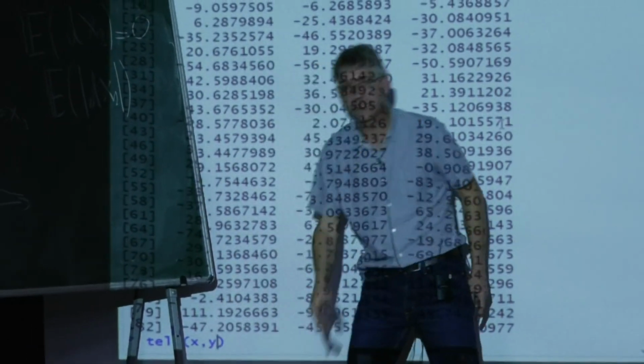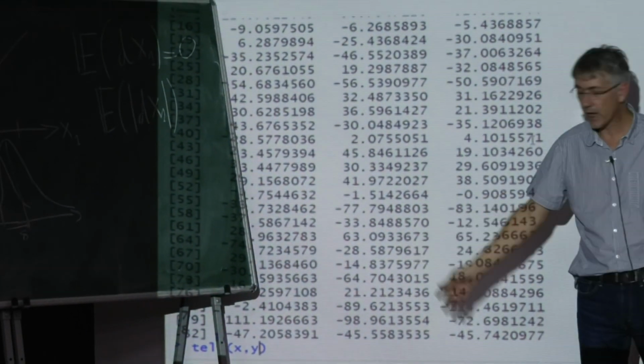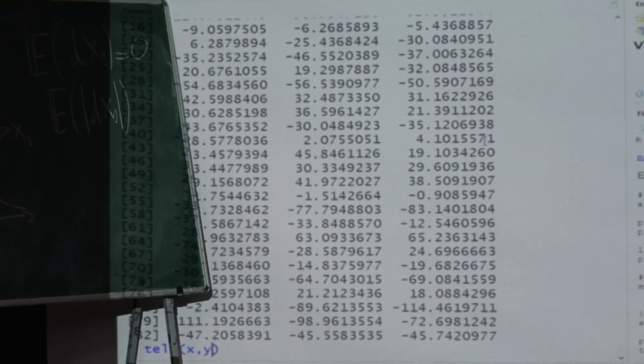And now there is the tell mechanism that I just wanted to explain because it's very powerful. The tell mechanism tells the object what happened. Do you see what I write? I have written tell of my object, the Morris sensitivity analysis x, and y is the vector of output.